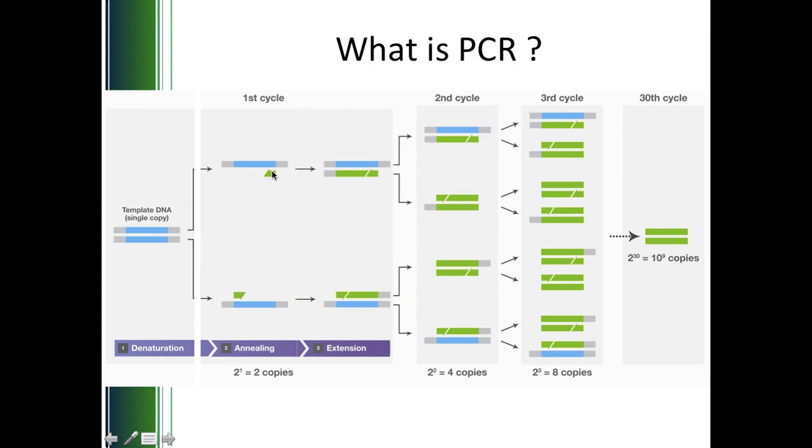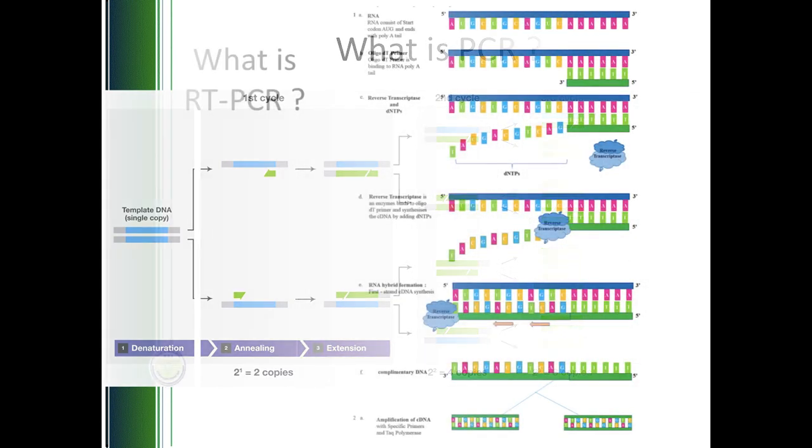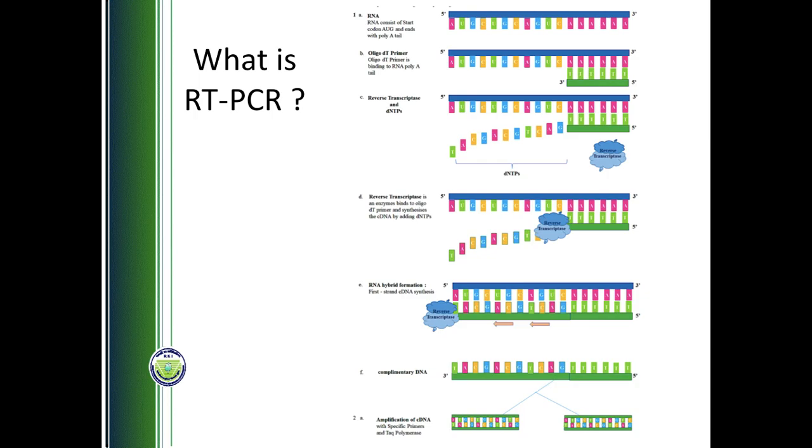The primer will not bind with just any DNA. The primer will only bind with DNA of a certain sequence. In this case, primers are so selected that they will only bind with the SARS coronavirus 2 DNA. But the problem is that SARS coronavirus 2 only has RNA, and PCR is done using DNA. So first we need to convert the RNA available with the SARS coronavirus into DNA.